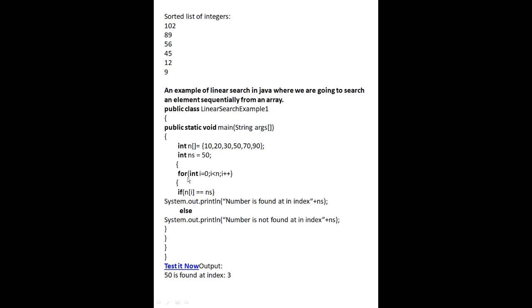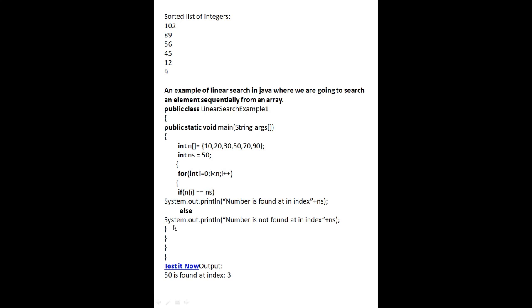Curly bracket, for loop: first we write the loop i starting from 0, i less than n, because it will search in this sequence, i plus plus. Now if n[i] is equal to ns, then System.out.println("Number is found at index " + i), otherwise "Number is not found".